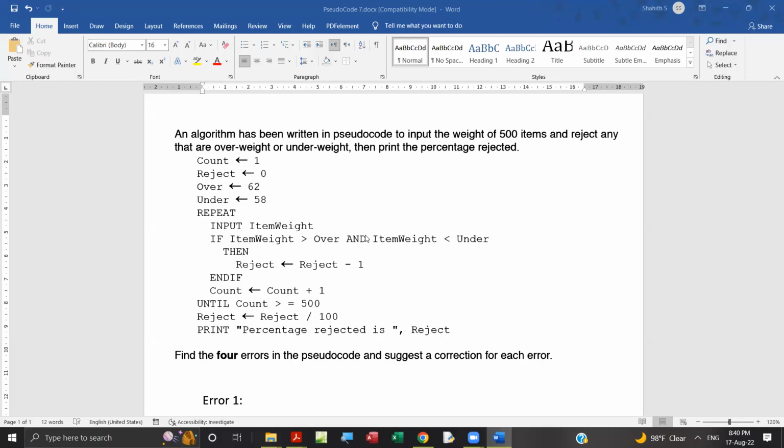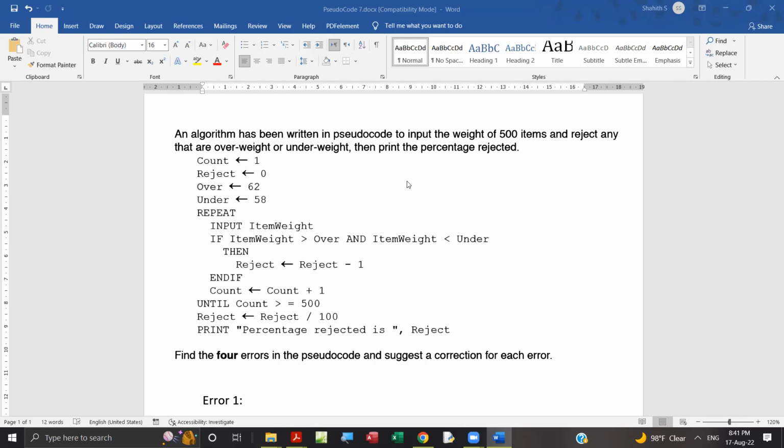So here, the user needs to input the weight of 500 items and reject any that are overweight or underweight. Overweight means if the item is 62 or over; inside our variable, 62 is stored. And underweight is 58. If it is less than 58, then